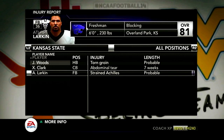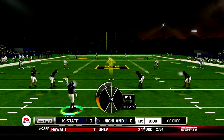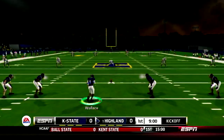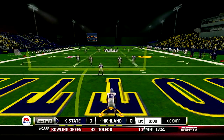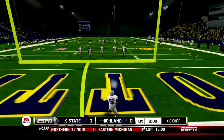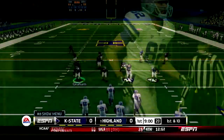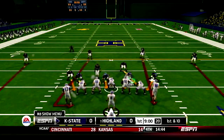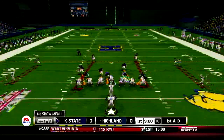Tough break for him. Of course, that's the freshman, the player that we tried to recruit last season. He's from Overland Park, Kansas. And what would it have been if he was with us. But K-State here, as they are going to get the ball first to start off in this one. And then, of course, next week we'll be here again as we'll have the last home game of the season